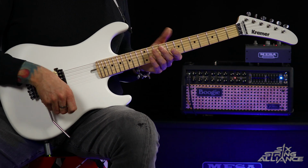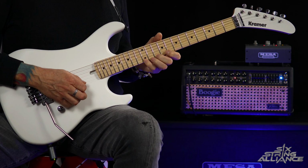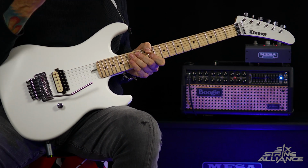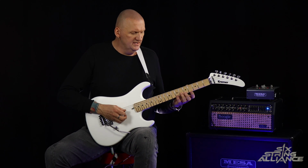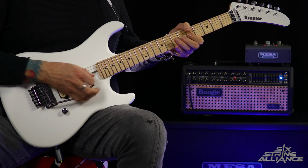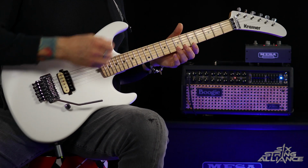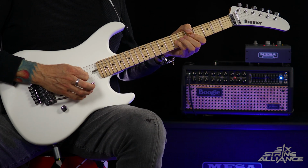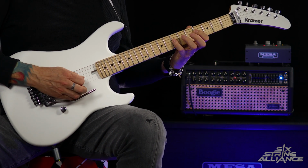Okay, so let's just kick the gain in, put that together. Here we go. Okay, then we're back into the Mr. Scary Riff. The first time round, it's the same as we've already played it. Using the whammy bar, some vibrato and dives. And then we have... So you're just adding that extra note, so...